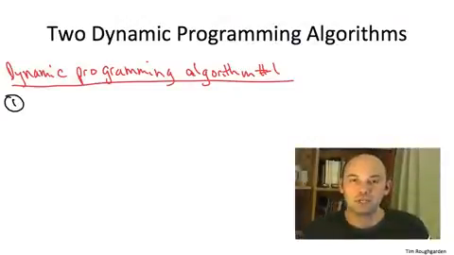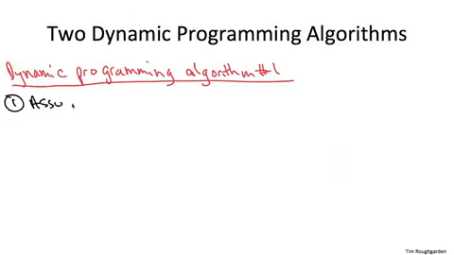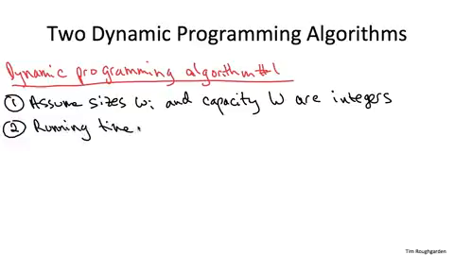There's n items, each one has a positive value, vi, and a positive size, wi. Additionally, we're given a knapsack capacity, capital W. Back in the dynamic programming section of this course, we already devised an algorithm for this problem. That algorithm assumed that the item sizes were integral and also that the knapsack capacity is an integer. The running time of that dynamic programming algorithm was big O of n, the number of items, times capital W,